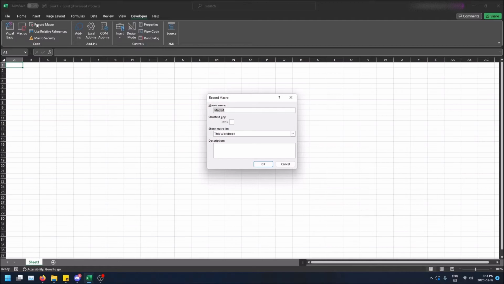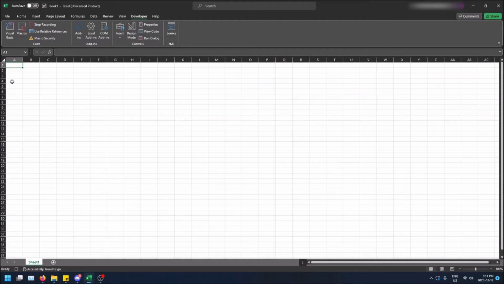Record, oh right, this is what I wanted to click, sorry. I clicked Macros, but that's not what I wanted, so yeah, okay. Store in this workbook, test. So now you can record a macro, and you can have it do something that you want it to do. So now if I do stop recording,